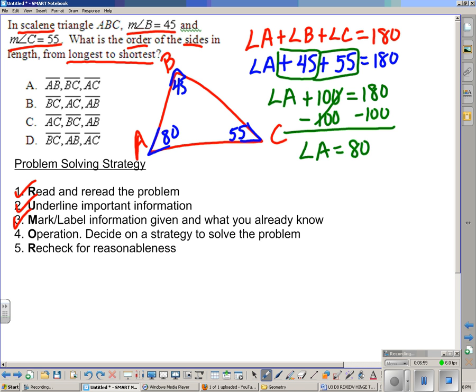I need to sort the sides. And again, I remember in the beginning of the problem when I said I may get confused and want to sort the angles. So I know I need to sort the sides, but I have the angles. I also know that every angle has an opposite side that corresponds to it. And